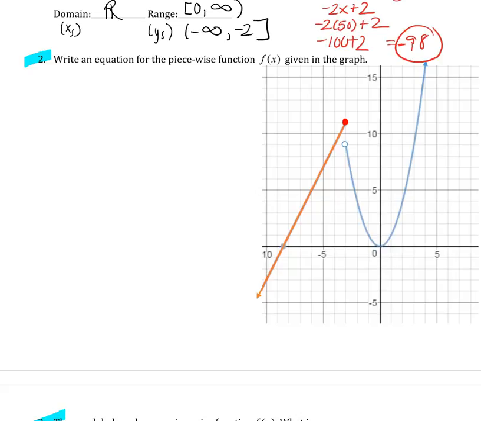Okay, next, tomorrow I could ask you to come up with an equation of a piecewise function. When I'm looking at this, I'm seeing a parabola and a line. But I'll start with the line as I'm going to read it like a story from left to right. Whenever we come up with an equation of a line, we're going to need slope and y-intercept. So if I'm looking at this, I'm noticing my boxes here on my scale. Each box is 1. If I pick a couple points here, just pick this point and this point, it looks like I go up 2 and over